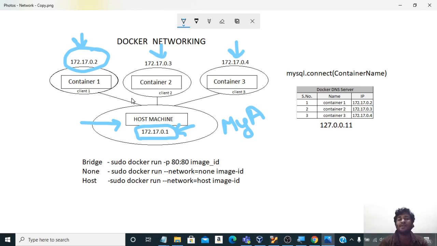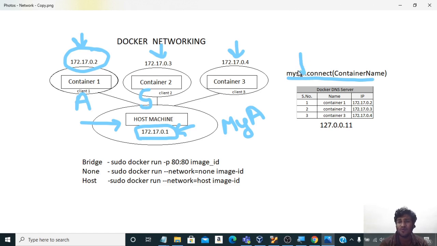Now, this was about the default Docker networking. Now, say there is a container inside a host and you want to refer to that container, for example MySQL. Say you have one container for Apache and a second container for SQL, right?